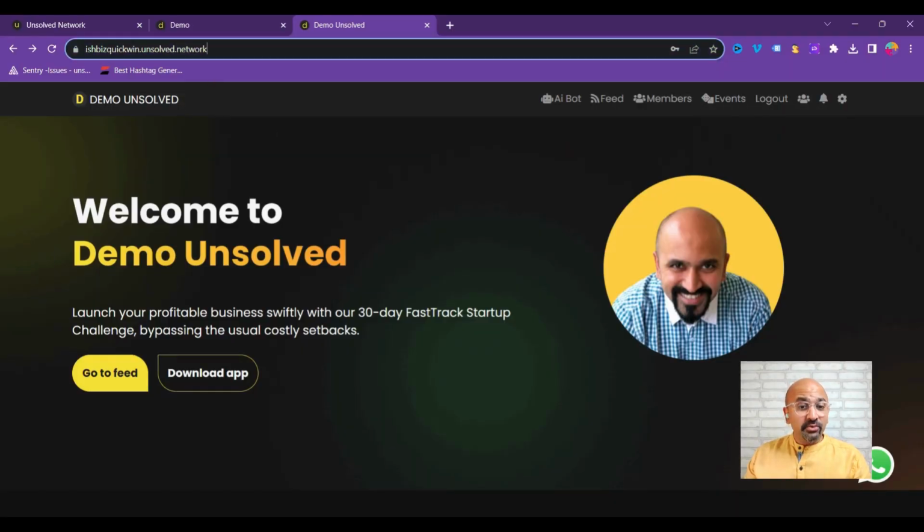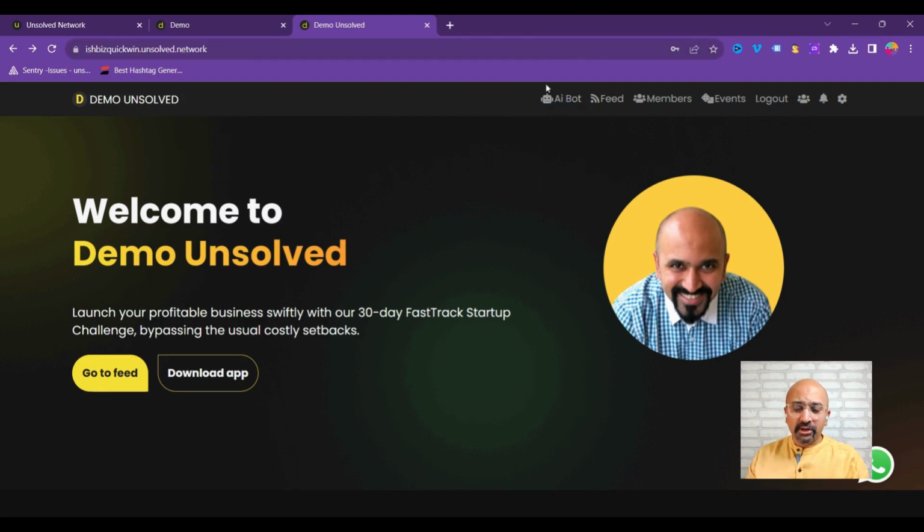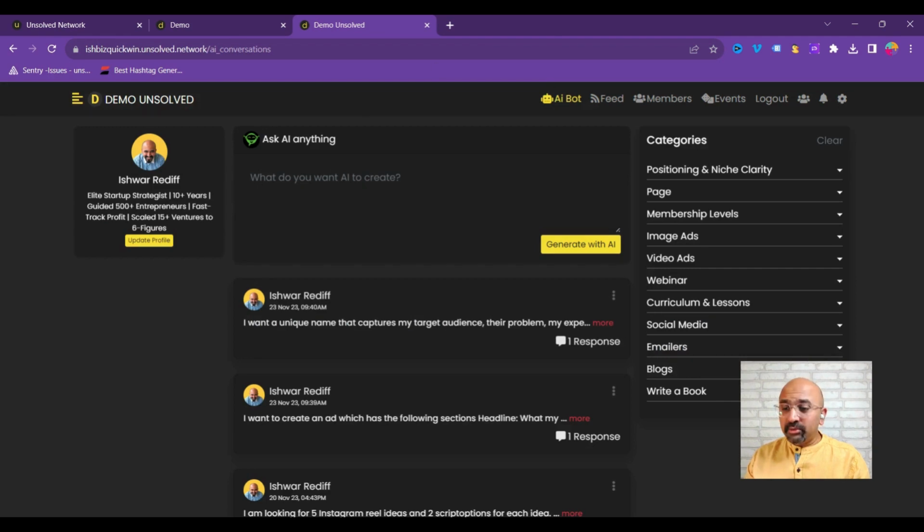So first, you need to visit the URL of your website on Unsolved Network. You need to visit that URL and log in as well. Once you're logged in, you will see this option for AI bot on the top bar. Click the AI bot, and now it will take you to your own page where you can ask your AI